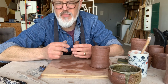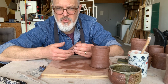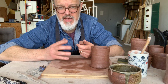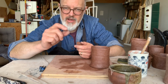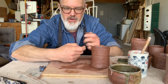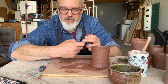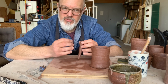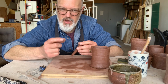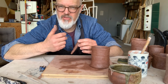The other great thing about making your own mugs is that not only do you get to choose how your handle looks, but you can make a handle that feels a lot better than the ones that are mostly made. Most of the handles that you find on mugs are really, really skinny. And when you put your finger in them, that means that the weight of all of the liquid is only in a very small area. I like to make handles that are a little bit wide, well, actually not a little bit, a lot wider. Sometimes 2 to 3 times wider than a sort of standard ubiquitous cylinder mug,